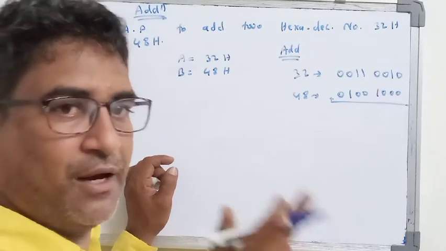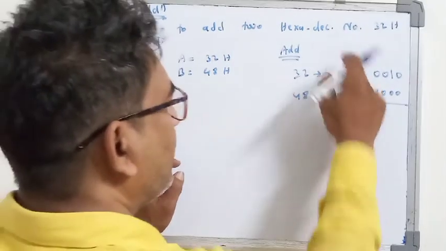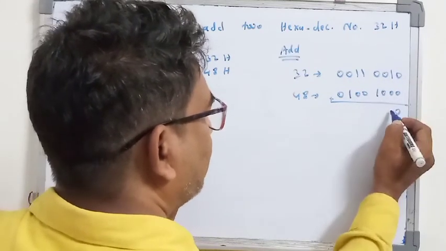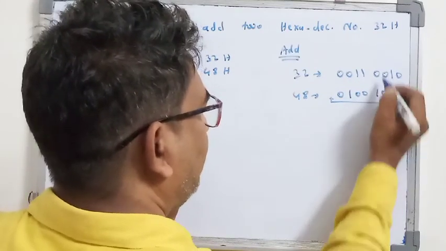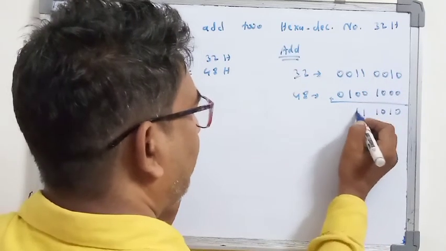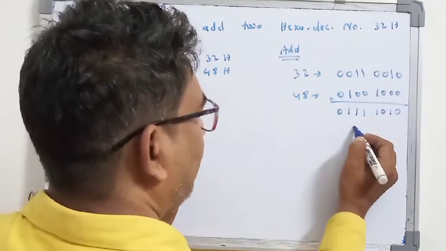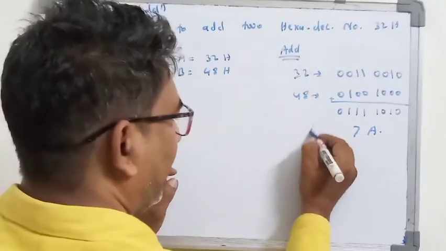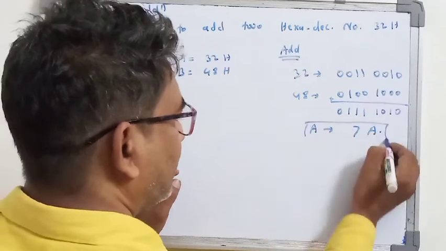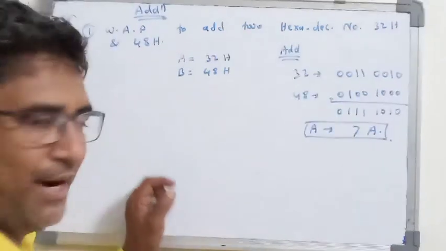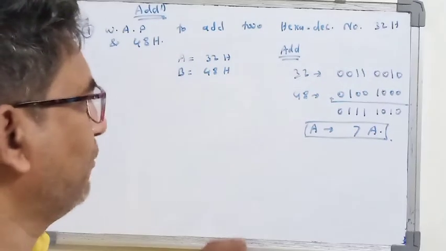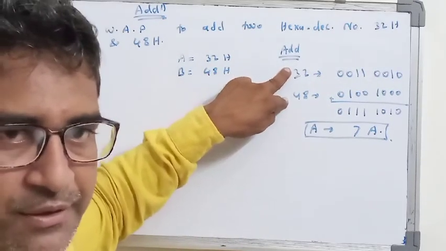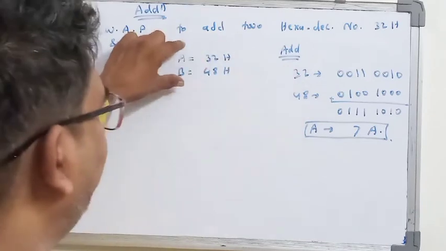That kit is nothing but the Anshuman kit. Okay students, so here 0 1 plus 0, it is 1, it is 0, it is 1, it is 1 1 1 and 0, means here the 7A will be the answer, which will be again stored in the accumulator, that is A, or the specified address. For writing this program, only two registers are needed, that contain A and B.